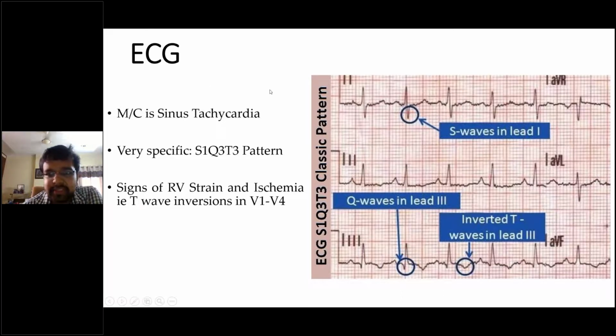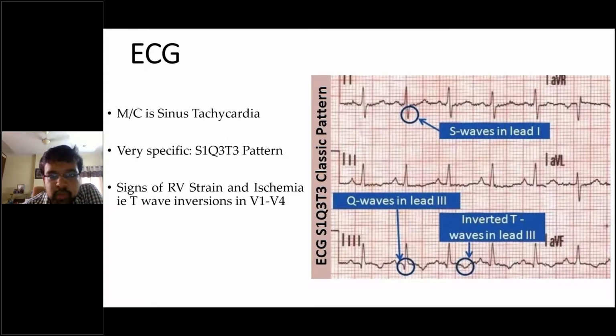So ECG में कैसे देखते हैं tachy heart rate? So basically we see the RR interval. This is the R wave, this is the R wave. इसके बीच में we count the number of boxes. So basically 300 divided by the number of big boxes, or 1500 divided by the number of small boxes. This will give you the heart rate from the ECG.